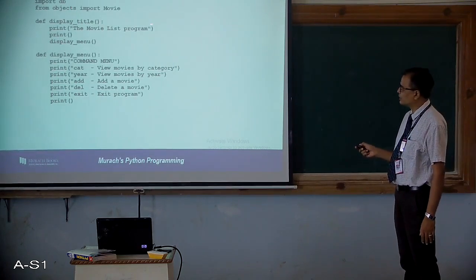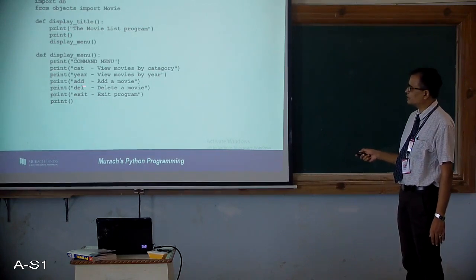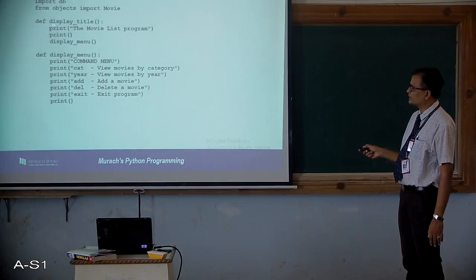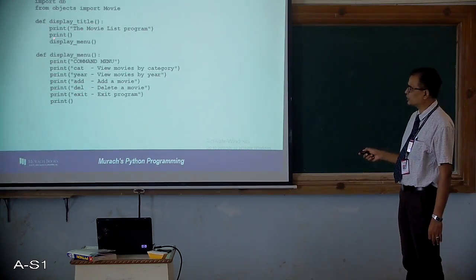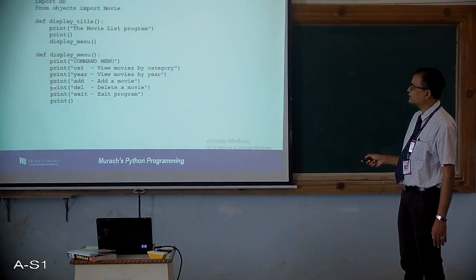here what we are doing is we are giving a user interface, right? In the user interface we are displaying the title, right? What is the title? Movie list program. And then this print will just print one line. And then display menu. Display menu will display all these things. It is like